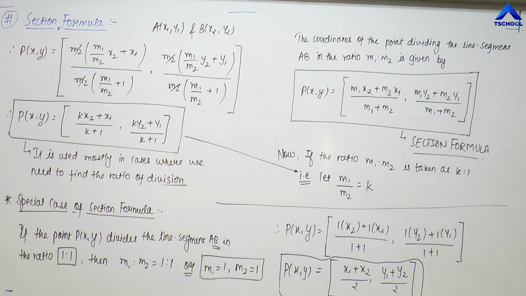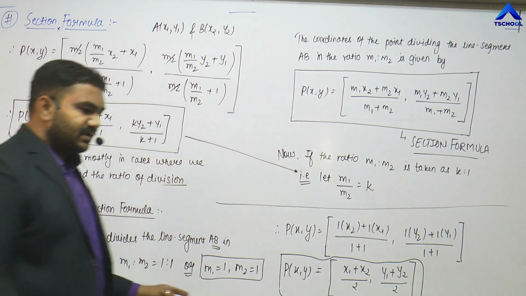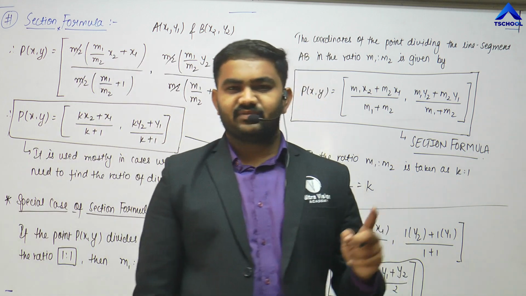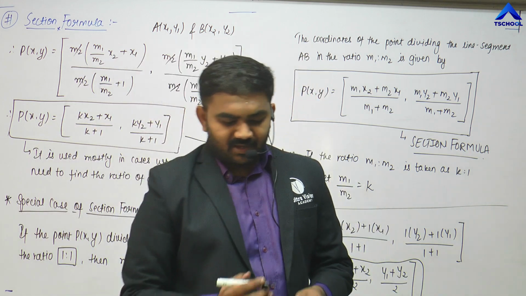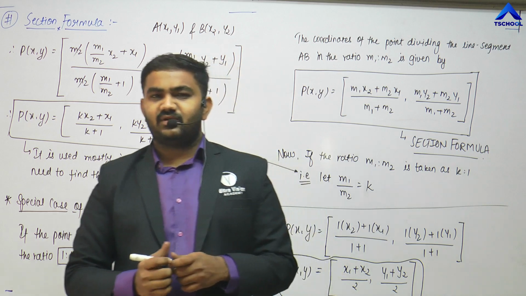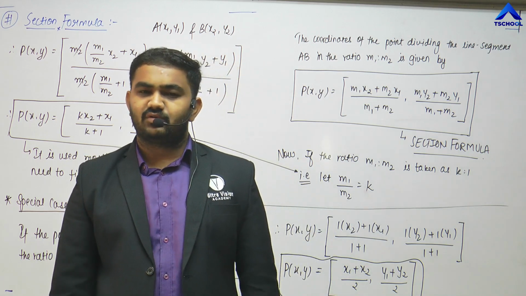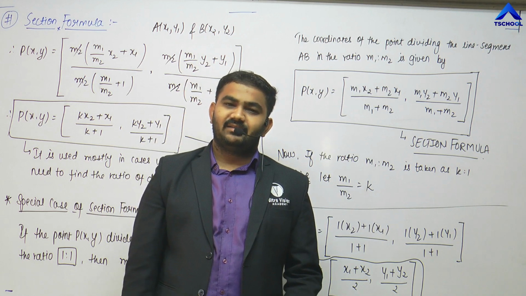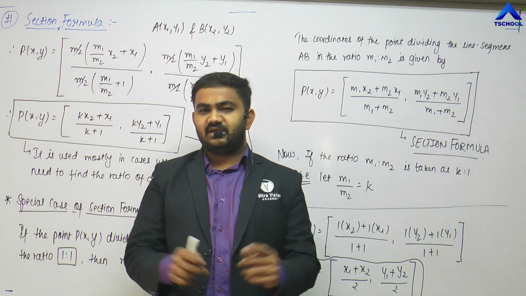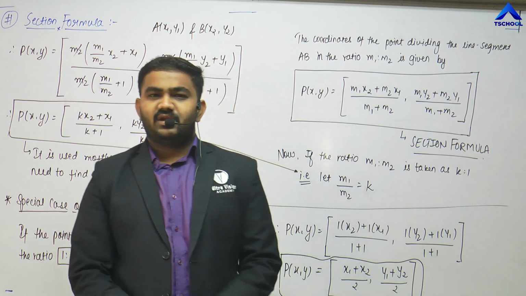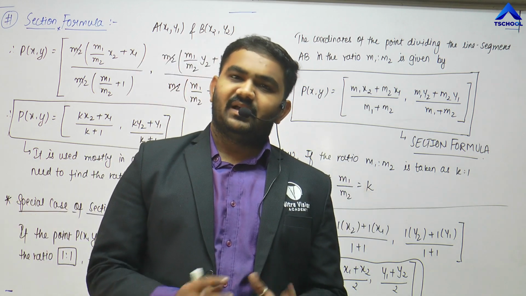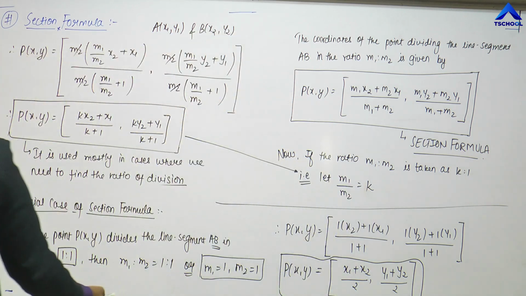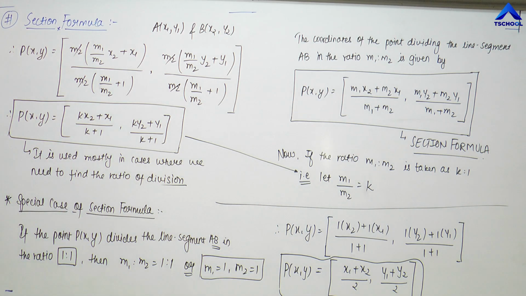It is known as the midpoint formula because the ratio is 1:1, and as I have said in an example, if I am having a Dairy Milk and I need to divide it into two equal parts for two children, then what am I going to do? I am going to cut exactly at the center. We will break from the center and give it to them so that both the kids are happy. That is the special case of the section formula.